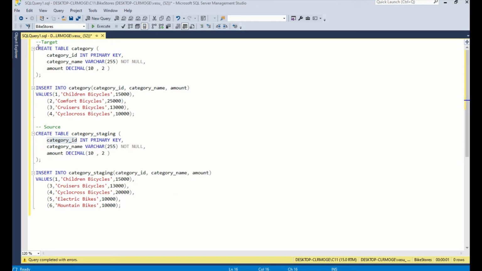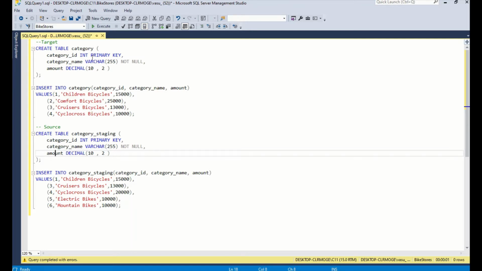Here in the example, I am creating two tables, category and category_staging. Category is the target table and category_staging is the source table. I am going to use the merge statement between these two tables and update the data in the target table.